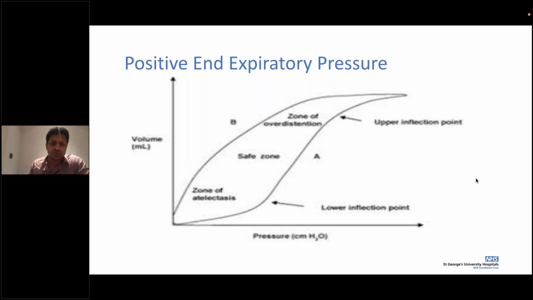So you do want to prevent atelectasis. It's like a balloon with a little bit of air is always easy to blow into. And if you over distend, you're not going to have good gas exchange. And if it's completely deflated, then you're likely to have what you call atelectasis, causing more shearing forces, causing more ongoing damage. So it's important that we try and maintain your ventilation in your safe zone. And I'll talk a bit more about safe zone in the next slides.